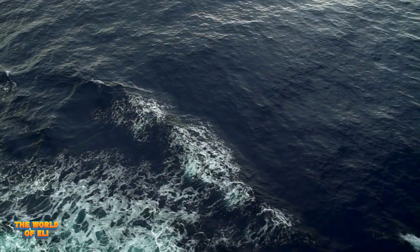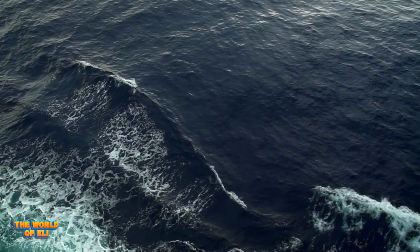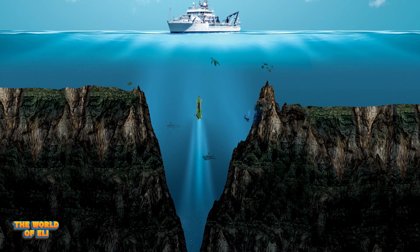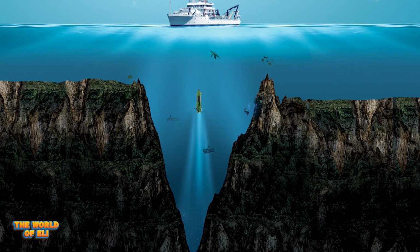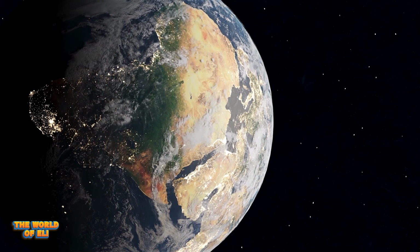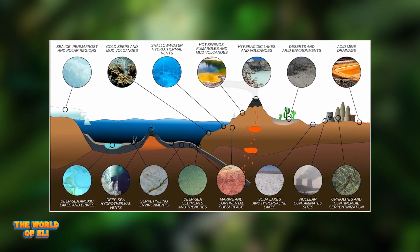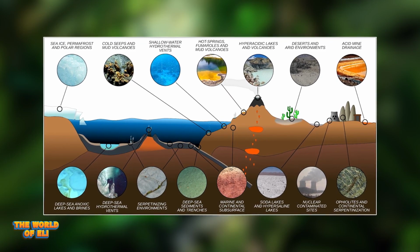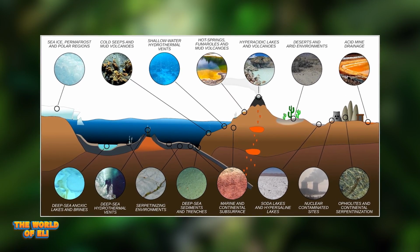Earth's oceans are home to vast and largely unexplored depths. The deepest known part of the ocean, the Mariana Trench in the western Pacific Ocean, reaches depths of over 36,000 feet. Life exists not only on Earth's surface but also deep underground. Microorganisms known as extremophiles thrive in harsh conditions such as high temperatures, pressure, and acidity found deep within the Earth's